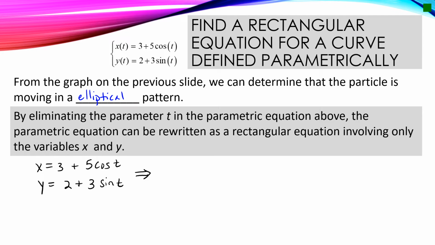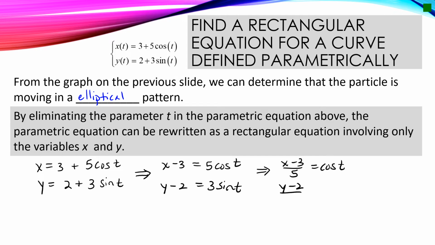So that's going to get me x minus 3 equals 5 times the cosine of t. And I think I'll take that one step further. I will divide by 5 so that I can get that cosine by itself. And then y minus 2 equals 3 times the sine of t, and y minus 2 over 3 equals the sine of t. Now, if I square both sides